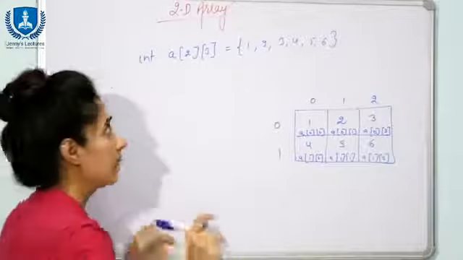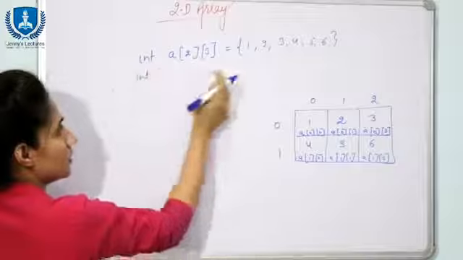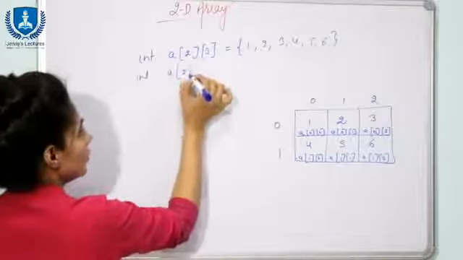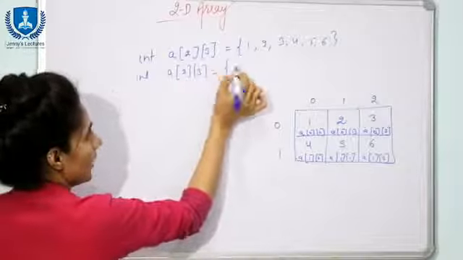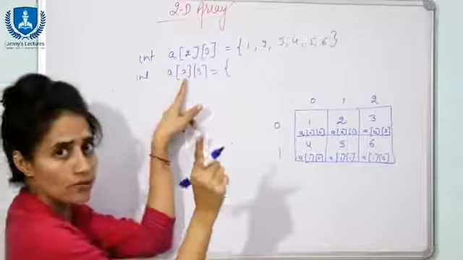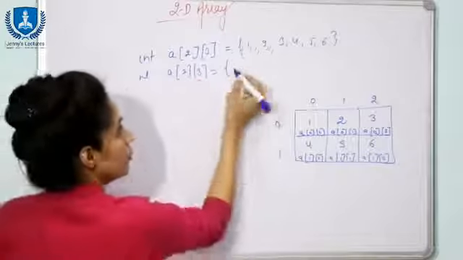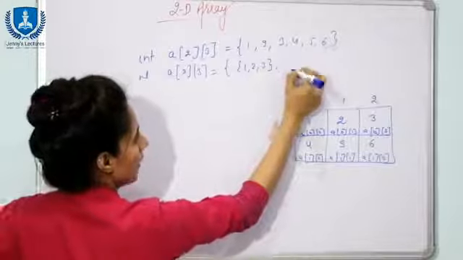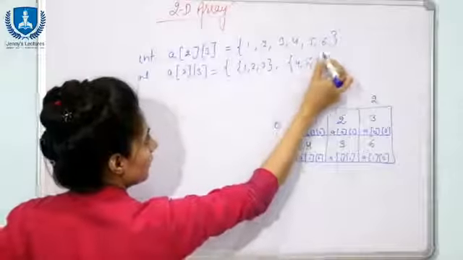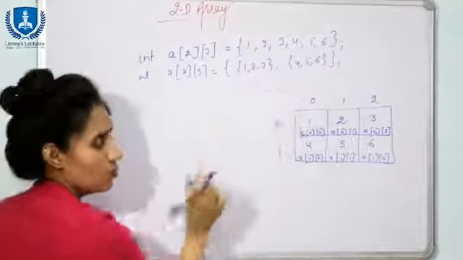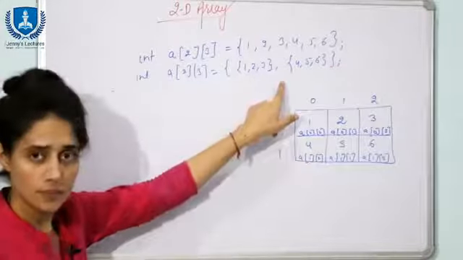Or the second method is like this, because this method is a little bit confusing. So in the second method you can initialize something like this. From here we can say 2 rows are there and every row is having 3 columns. So here you can write 1, 2 and 3 and 4, 5 and 6. This is row 1 and this is row 2. This is a clear cut method.